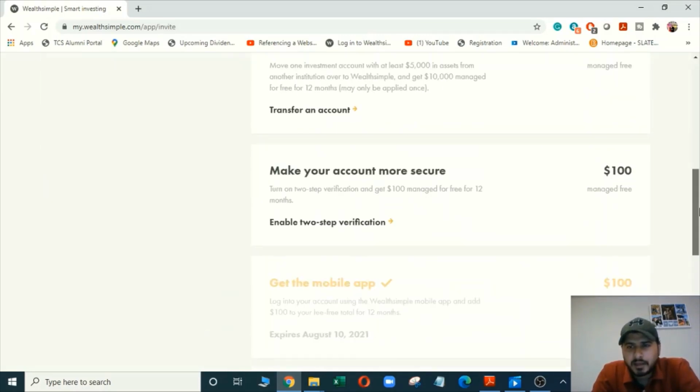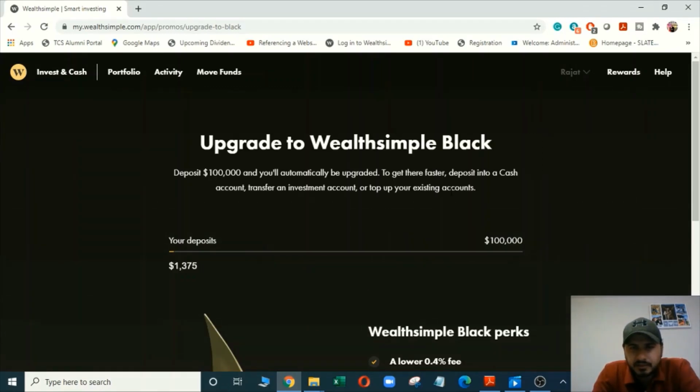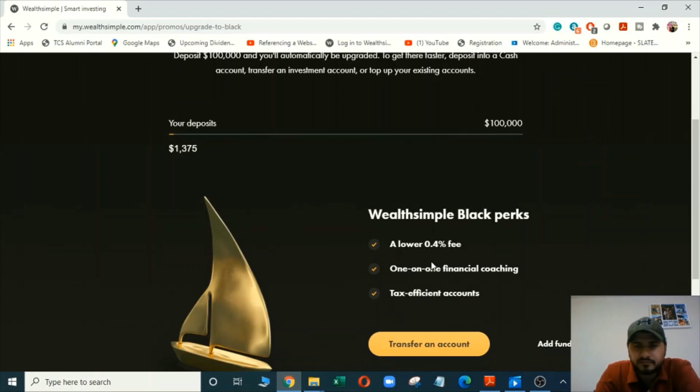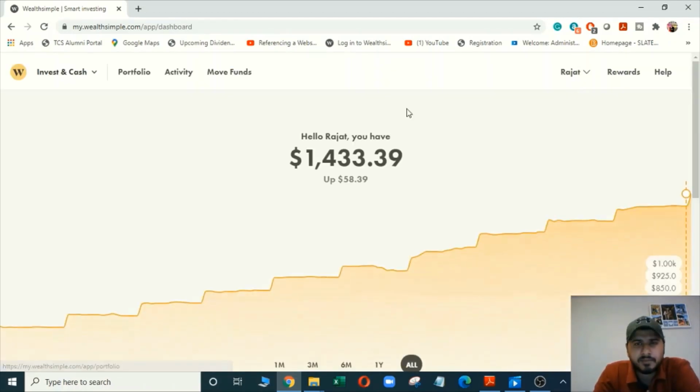And if you upgrade to the Black tier of Wealthsimple, that means if you deposit $100,000 in the Wealthsimple account, then you will get a 0.4% fee, which is much less compared to the normal one, and you will get one-on-one financial coaching with a financial advisor, and there are other perks with the Black tier. But in my case, Wealthsimple will be charging 0.5% if I exceed the